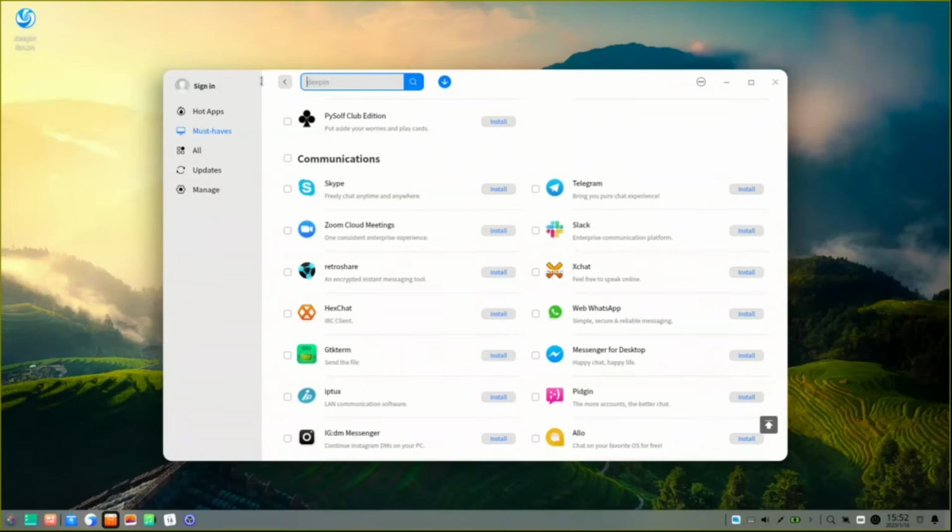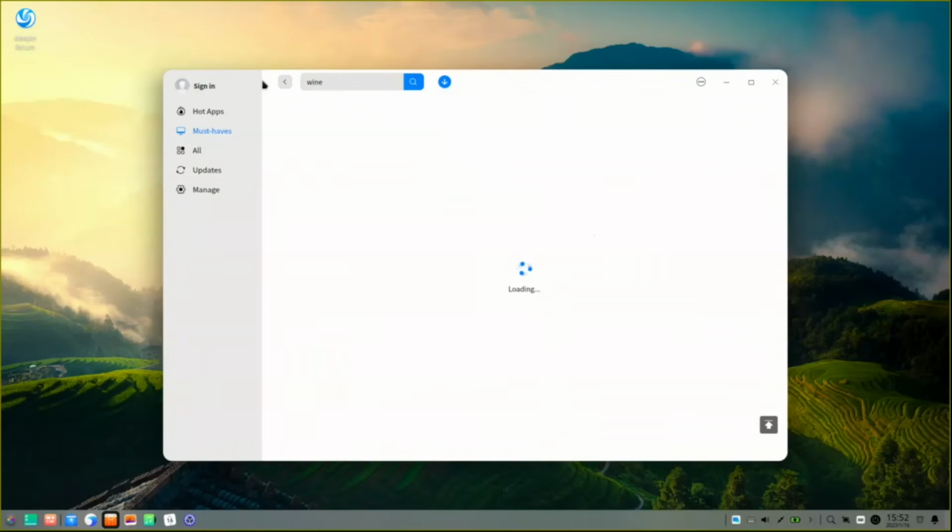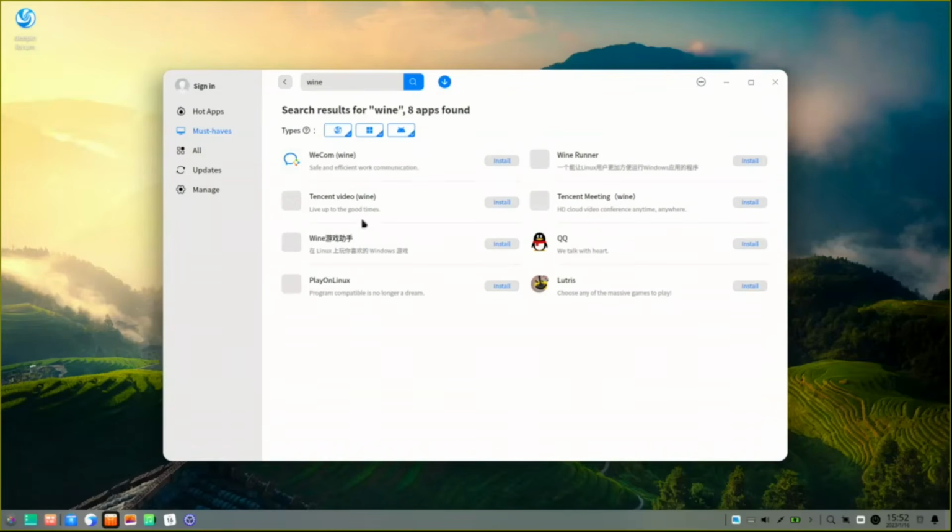So it's very nice. The other thing that I didn't find is because they talked about Windows applications. They talked about Outlook and the others. There is no Wine to install. But you can install Wine if you don't want to use the terminal. I already installed it. You can install Play on Linux, because if you install Play on Linux